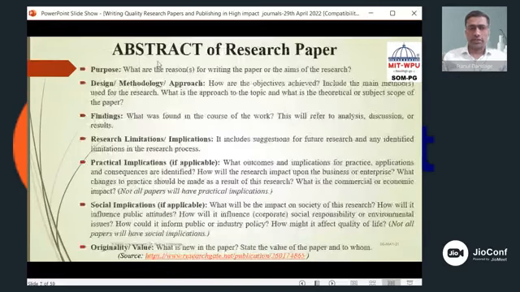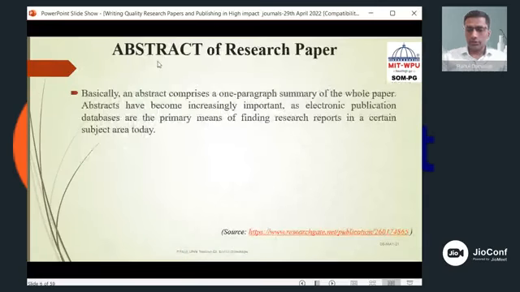The next part is about the abstract. When we talk about the abstract, if you have seen a research paper, after the title what comes is the abstract. Most of the research articles, most of the journals, prefer a single paragraph, maybe around 200 to 300 words, and some guidelines mention that your abstract should be this many words. Within that word limit, you need to put in information summarizing your entire paper. So right from introduction to conclusion, whatever you are going to describe in your research paper needs to be summarized into a single paragraph summary,